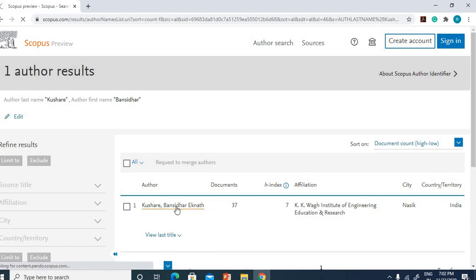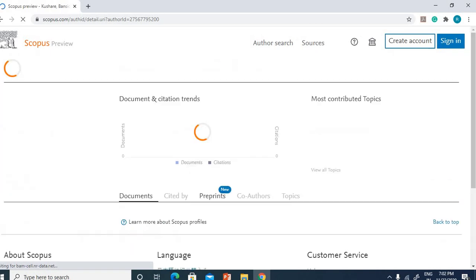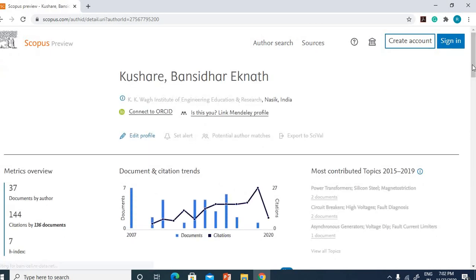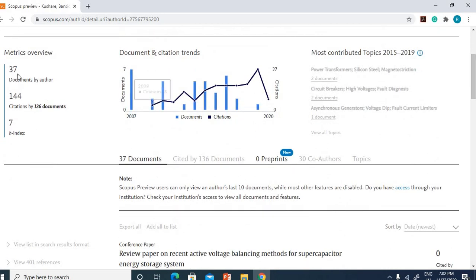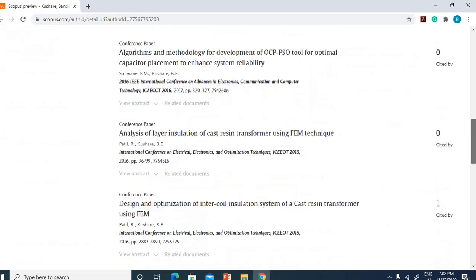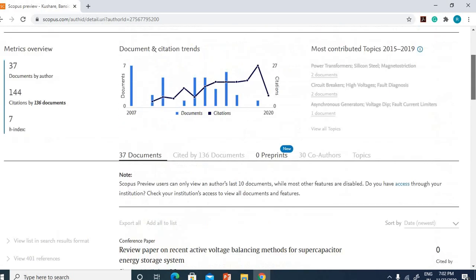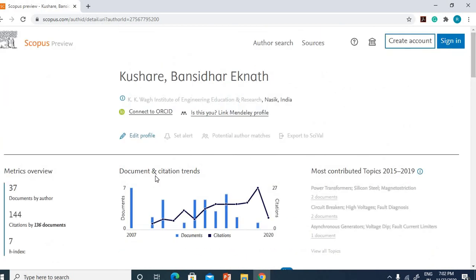I will click here, and correspondingly you can see 37 documents in Scopus and 144 citations. So you can see it for every author by searching here. This way you can find out citations in Scopus.